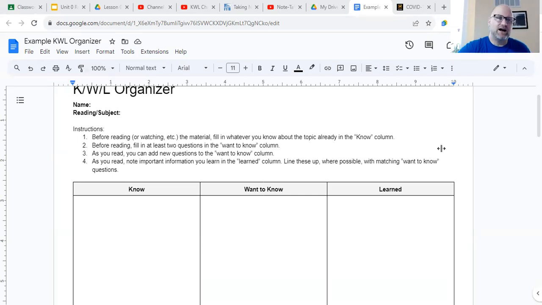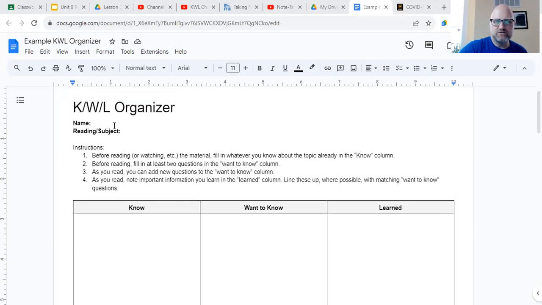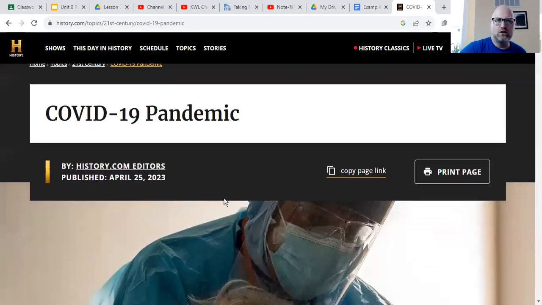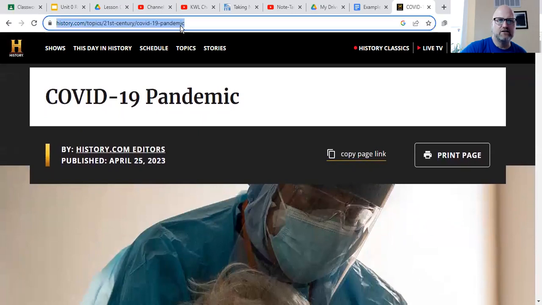So I am going to, because I'm just using it as an example, pick a topic that, at least as I'm making this, probably most of us have some interest in, COVID-19. So I'm going to use it to look at this article on the COVID-19 pandemic from